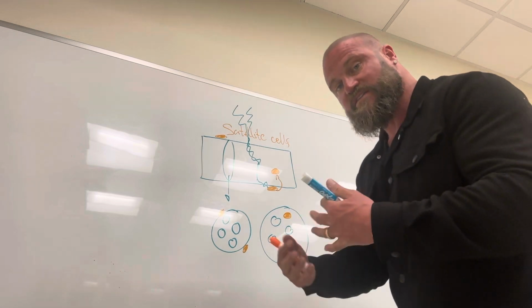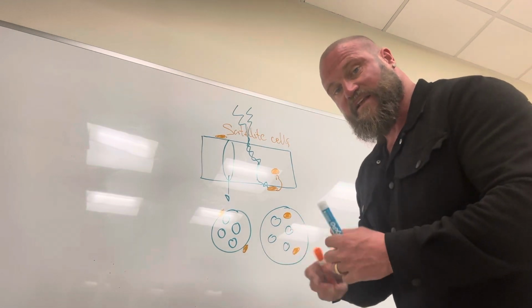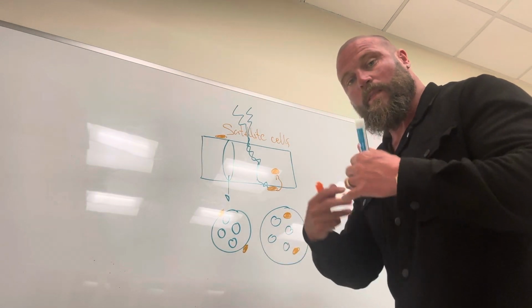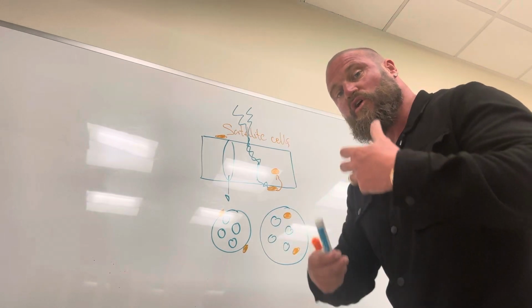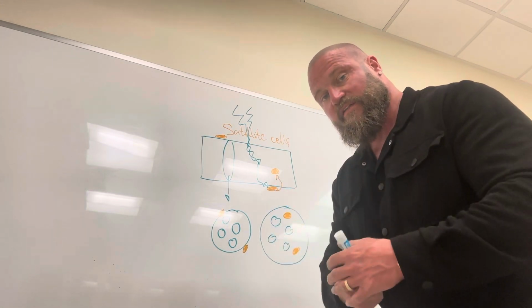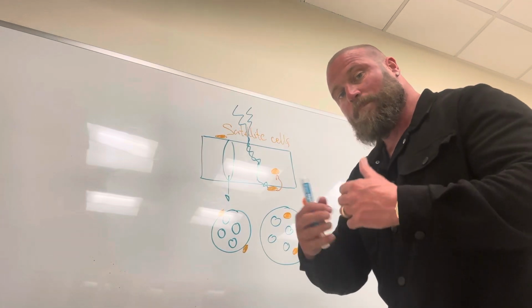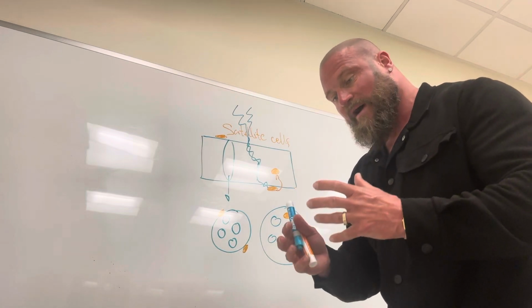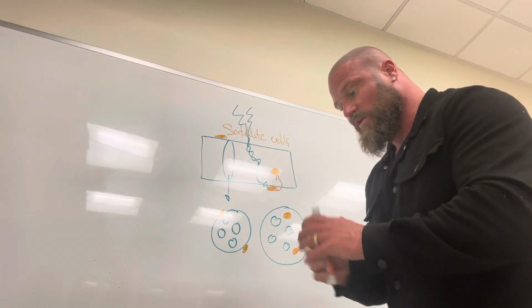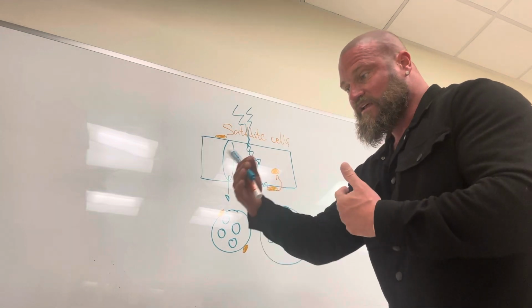And now these nuclei from the satellite cells will allow the myofiber to grow bigger and thicker, the myofilaments. They will grow bigger, they will have more actin, more myosin, grow bigger, and this will actually